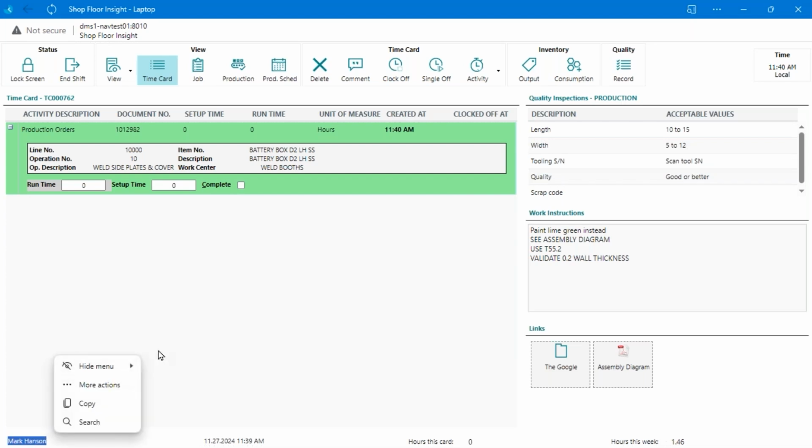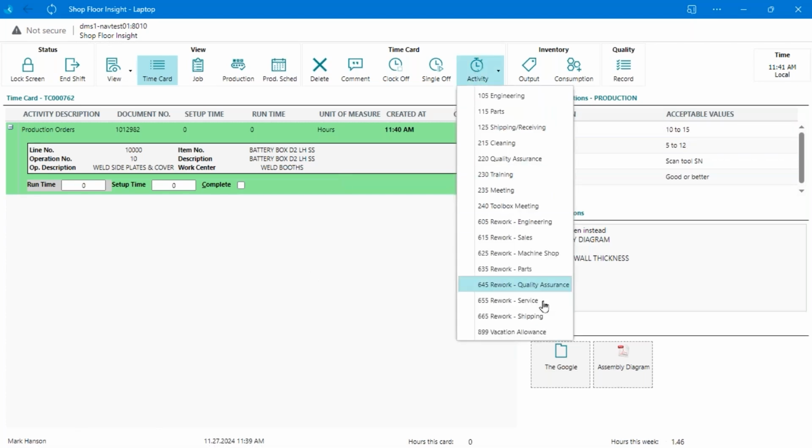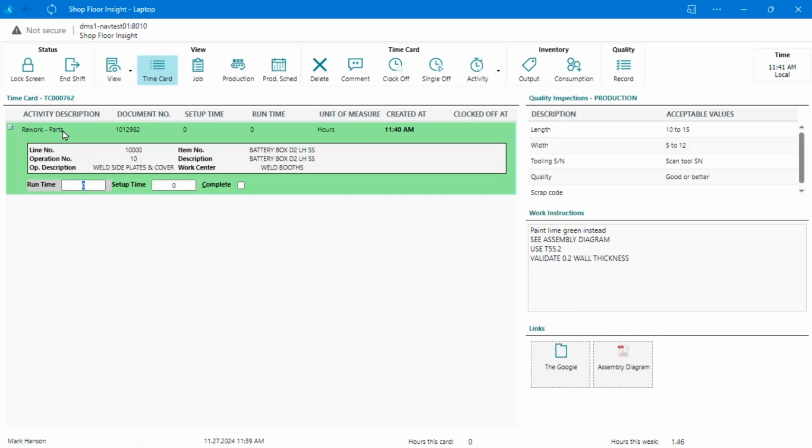And one of the nice things is we have traceability here as well. Most of the time when people talk about traceability, they're talking about material, what lot numbers or serial numbers I consume or produce. Well, this also gives us labor traceability. I've got a warranty problem 3 months from now. Who did that work? Is that a trend? Is it always this guy that's causing me my warranty problems? Or maybe I want to flag this thing as rework and I want to have root cause associated with that rework. Right? So we can do all sorts of analysis and figure out what's going on the shop floor.